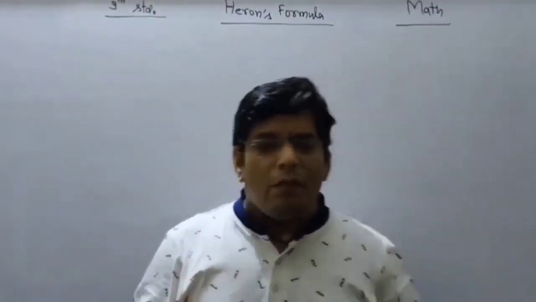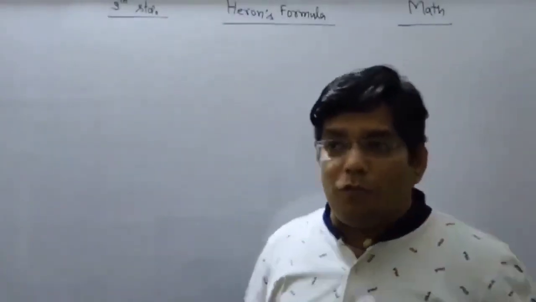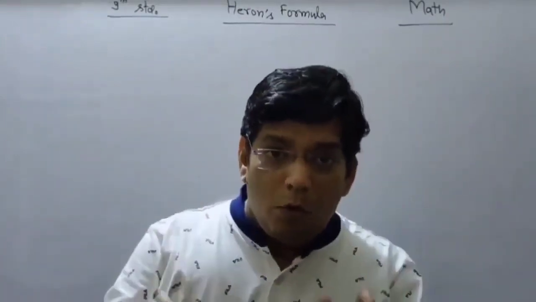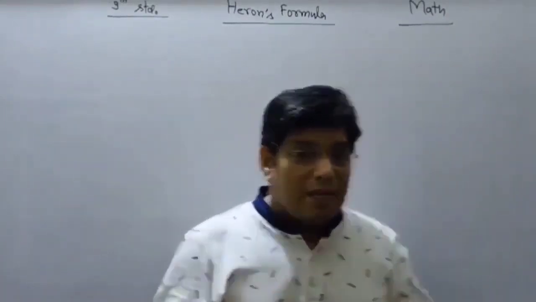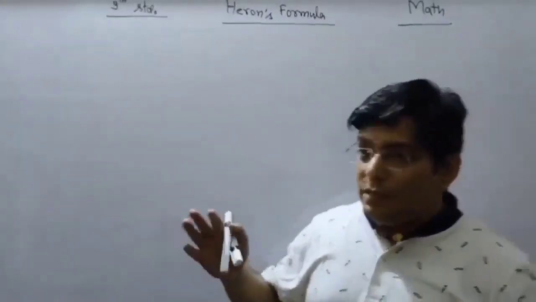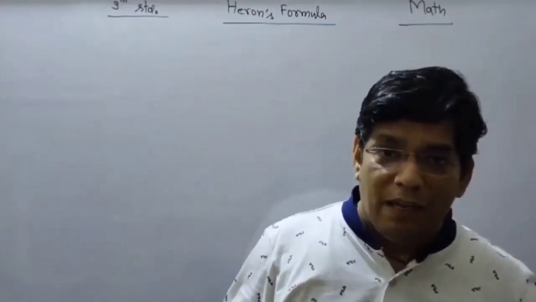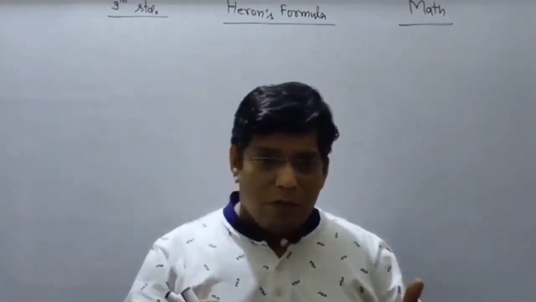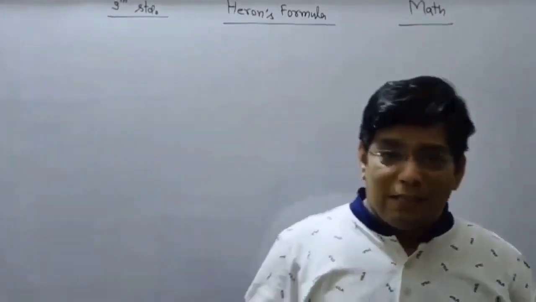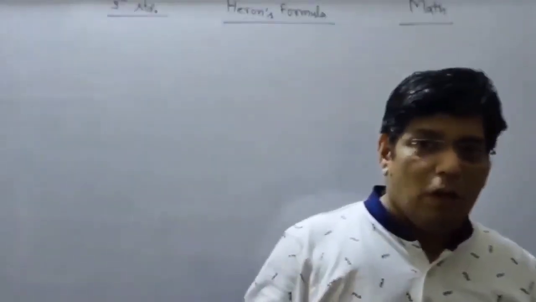You know from your earlier classes, you have studied that a triangle means a closed figure with 3 sides. I repeat, a closed figure with 3 sides. If we go through the different kinds of triangles according to sides, we have the isosceles triangle, scalene triangle and equilateral triangle. In an isosceles triangle 2 sides are equal, in an equilateral triangle all the sides are equal, and in a scalene triangle all the 3 sides are unequal or different.